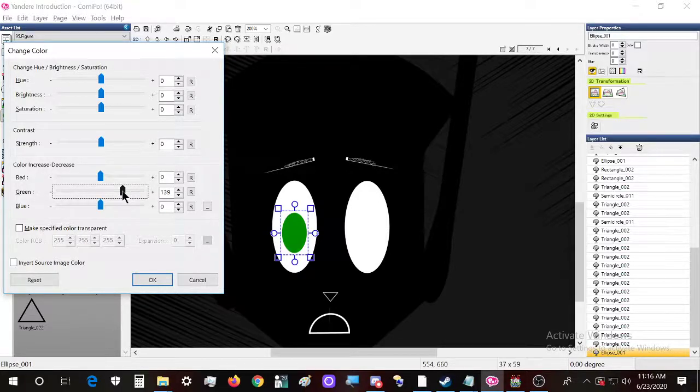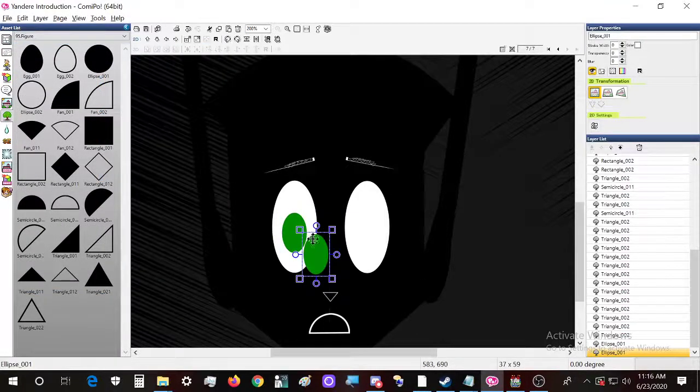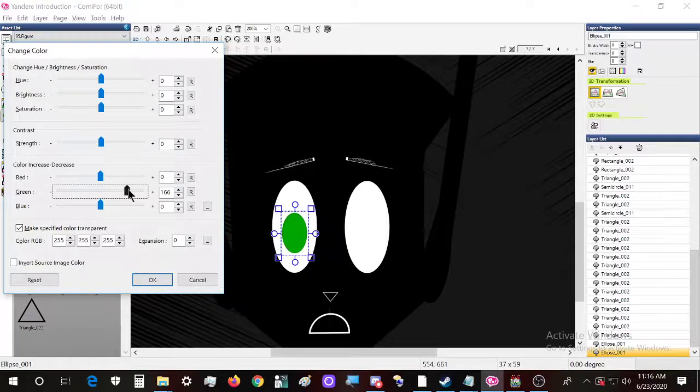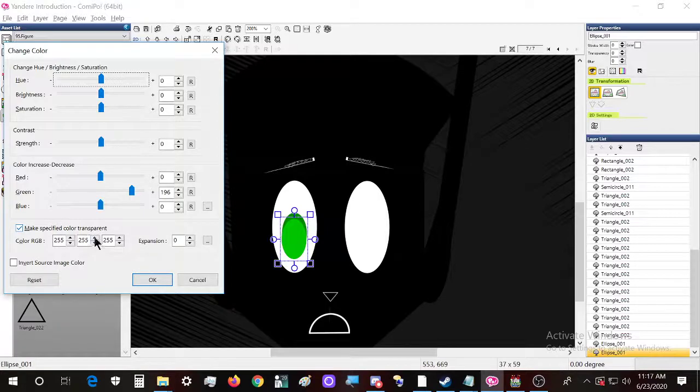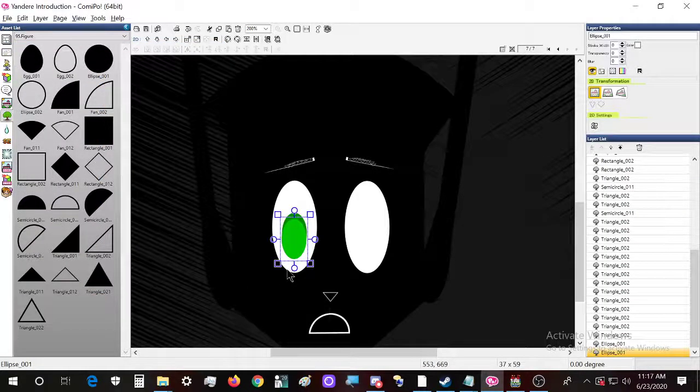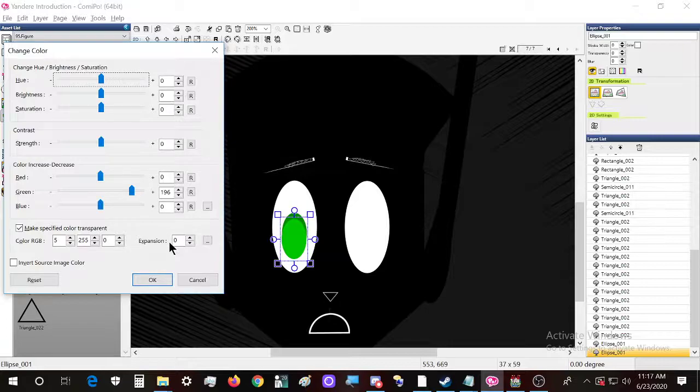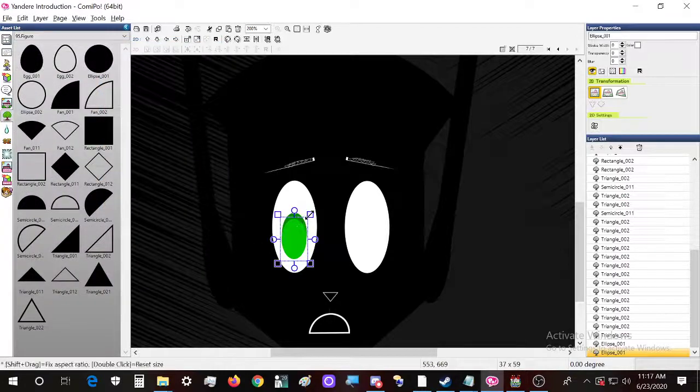Actually, her eyes are quite shiny in a way, but let's see. If I add this one, and I add another one of these, and I choose to make... now apparently it doesn't work with make specified color transparent, so I will probably use an artifice that I've seen in anime, in which the eye would look something like this.